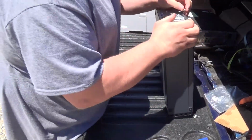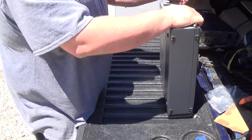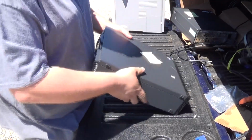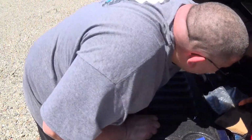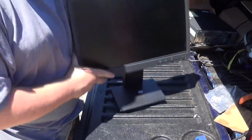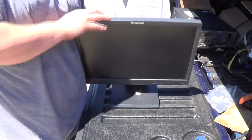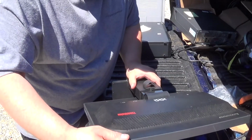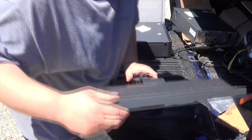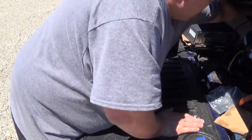And then I have 3 monitors. I think they're all Lenovo's. They are 3 different, I think 2 are the same. And then 1 is different. I have this Lenovo guy here. This one, hoping you can see it in the picture. It's just a ThinkVision. Has a model on it somewhere, I'm sure. 2448 HB6, I guess. I think the second one I'm going to pull out is the same one because it's